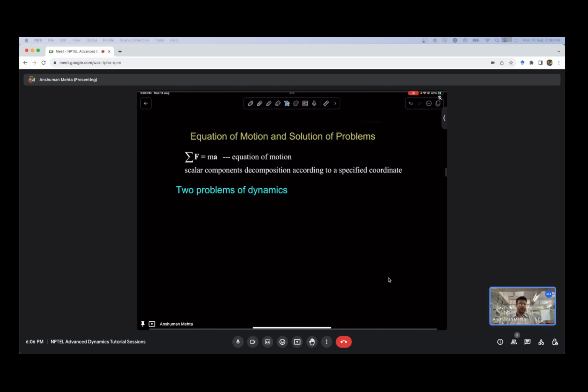I wanted to start with equations of motion and solution of problems. What sir is teaching is the theory part as well as some problems, but how to apply that theory to practical problems is my work. Let's start with what kind of questions come into this part as well as how to proceed with it. So there are two